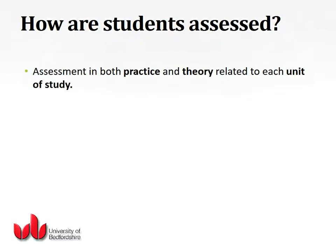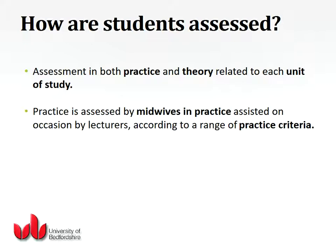How do we assess you? So we assess in both practice and theory related to each unit. So within each year you have different units that you are enrolled onto. We teach you the different elements of that unit, and then we assess you based on different assessments. Some of the